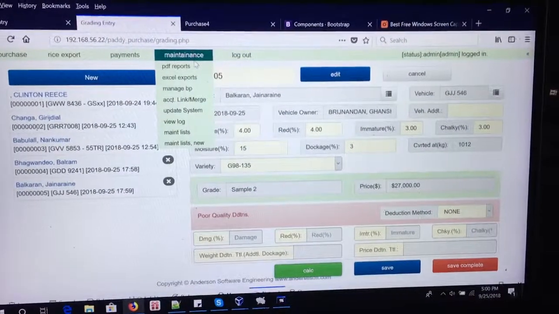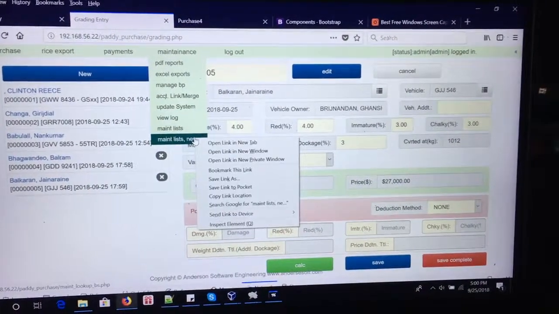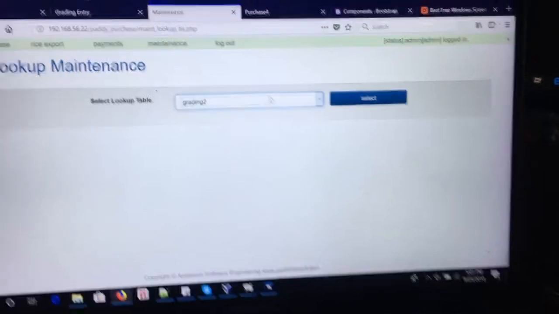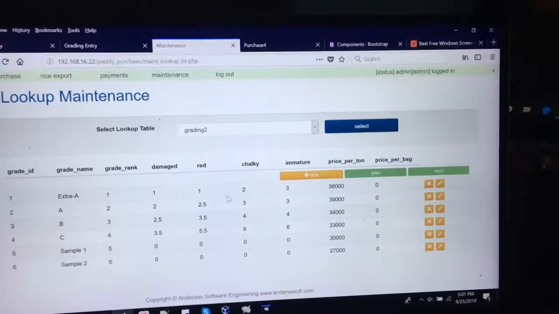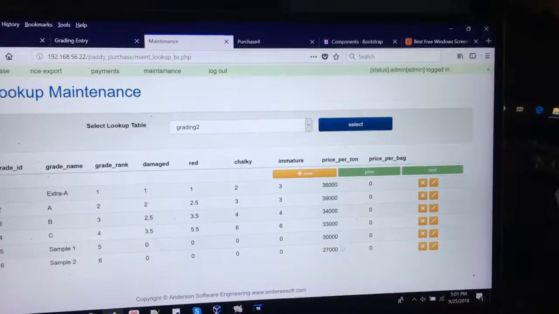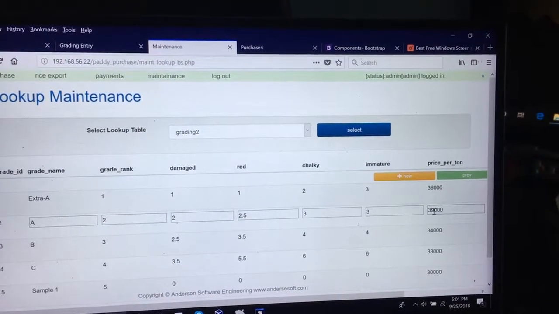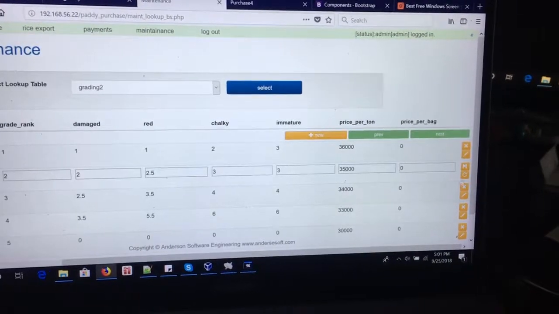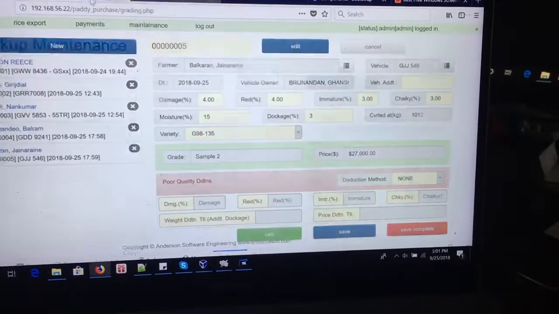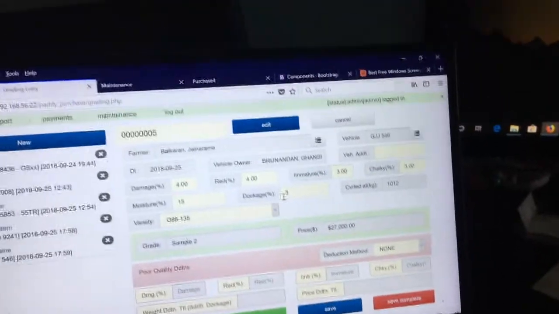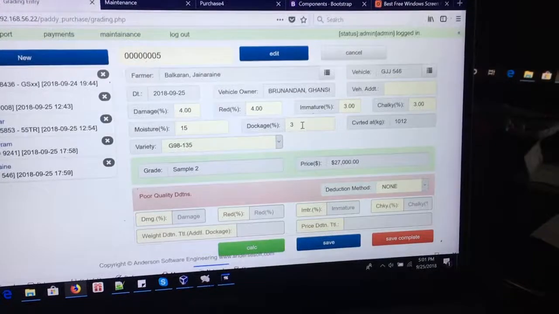and this grade is based on our grading configuration. So we can go and change the grades, the parameters at any time, the price at any time. Okay, so we have grade sample 2. Okay, so someone was asking me this morning if we can save